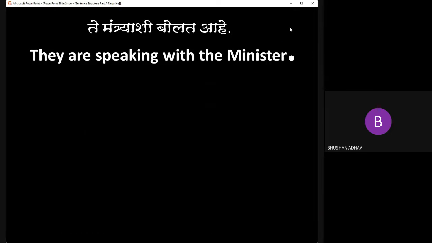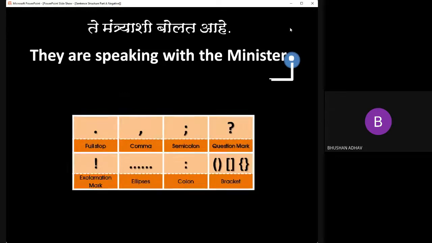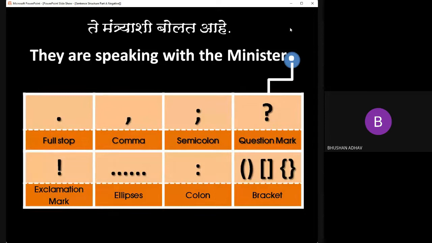possessiveness in the object, over-possessiveness or aggressiveness in ownership. Okay, and then finally punctuation marks, which you have to use in writing style: full stop, comma, semicolon, question mark, exclamatory mark, ellipsis, colon, and then bracket. Okay,